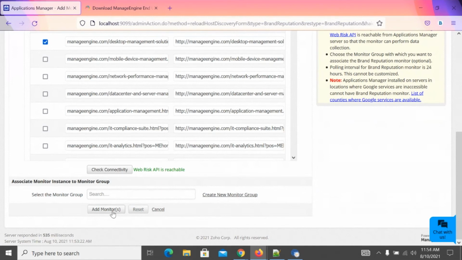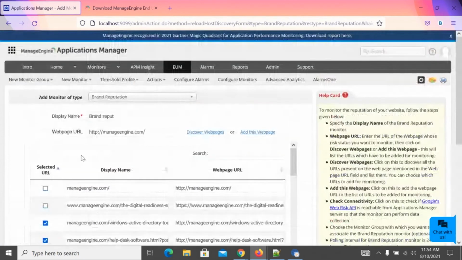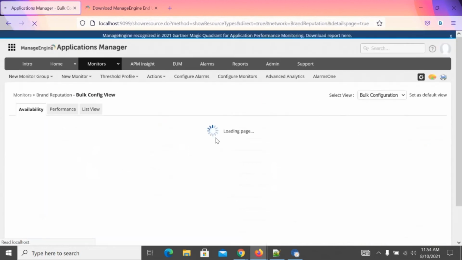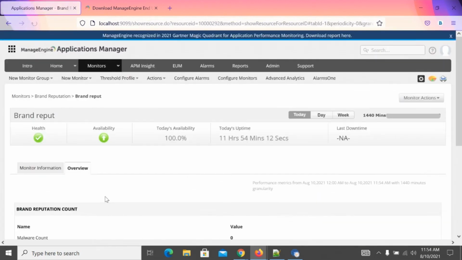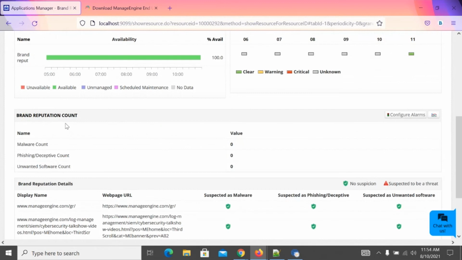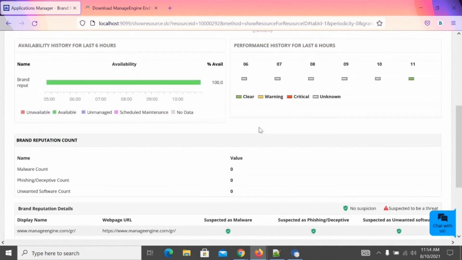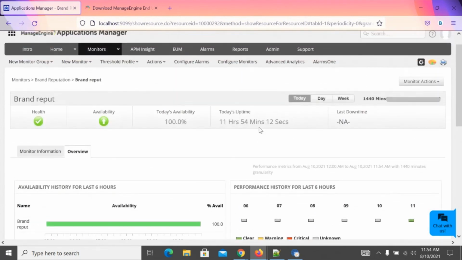Once this monitor is added, you will be able to view the information like this. I'm going to the monitor which I've added, where I can see the brand reputation count, the malware, phishing, or unwanted software count. For all the web pages I have added under that monitor, I can see if they are suspected as malware, phishing, deceptive, or unwanted software. So all this information can be captured in brand reputation monitoring in Applications Manager. So going to the next topic,